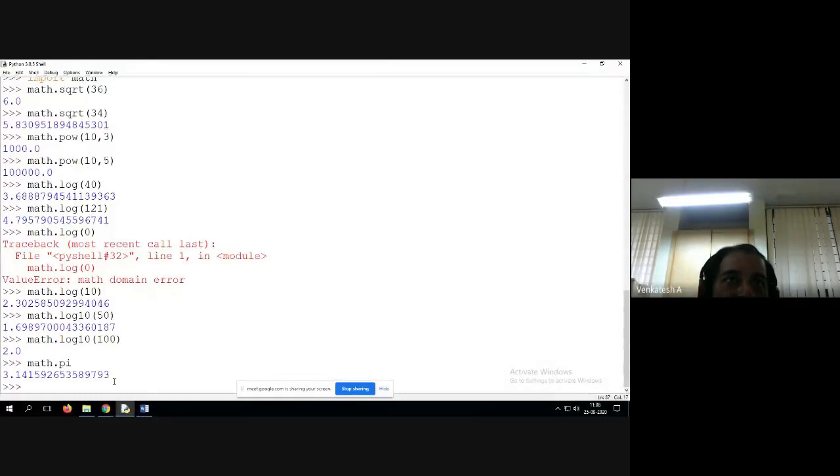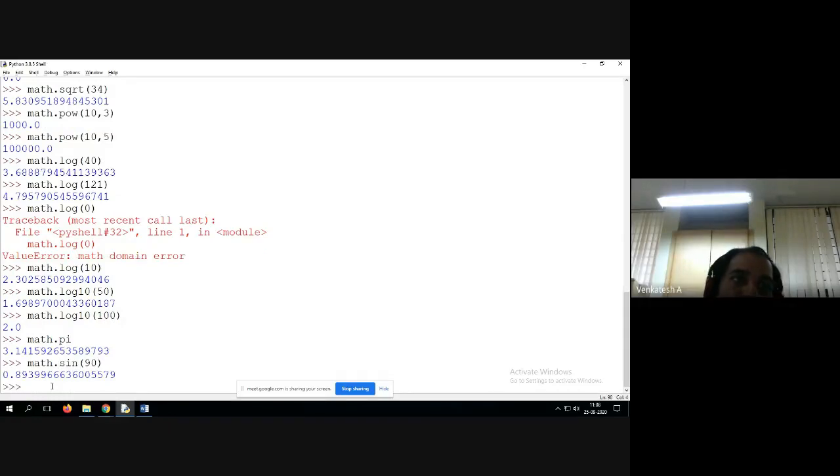Similarly, if you want to find cos theta, sin theta like that, then math.sin of 90 degree. You know what sin 90 degree is, right? It is 1. Math.sin of 90 gives 0.89, that is about 0.9. So usually we consider it as 1.